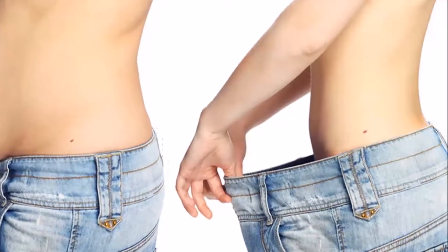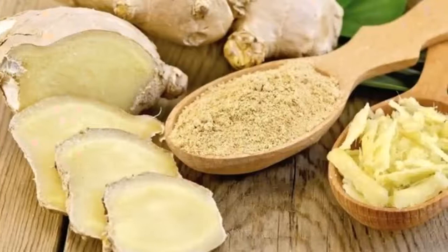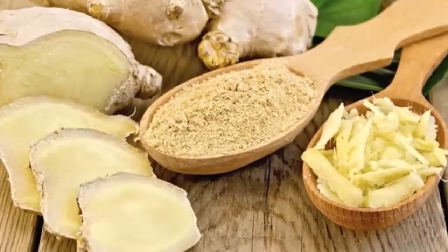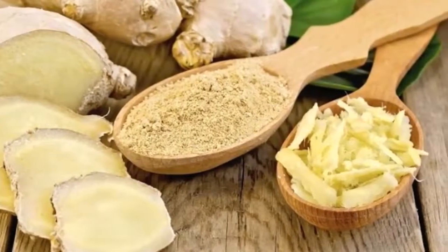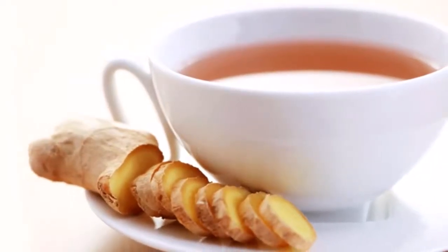Ginger water is able to combat high cholesterol levels in the body, thus preventing all kinds of diseases related to this disease. Hypertension: this powerful drink also helps regulate blood pressure and prevent and fight the formation of blood clots